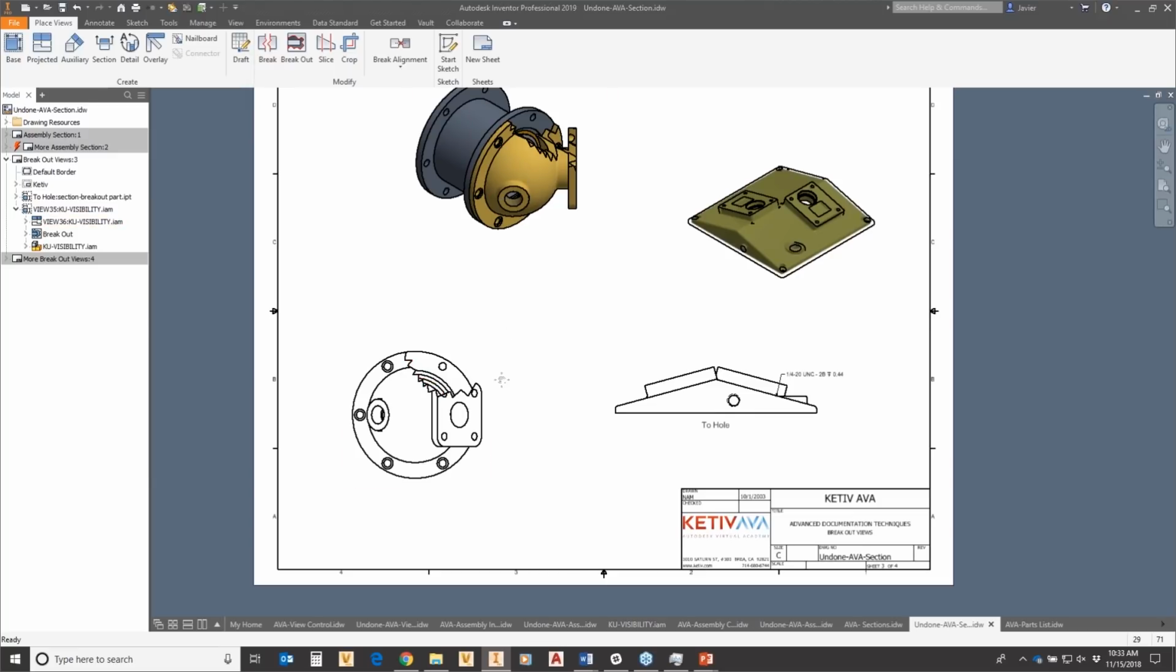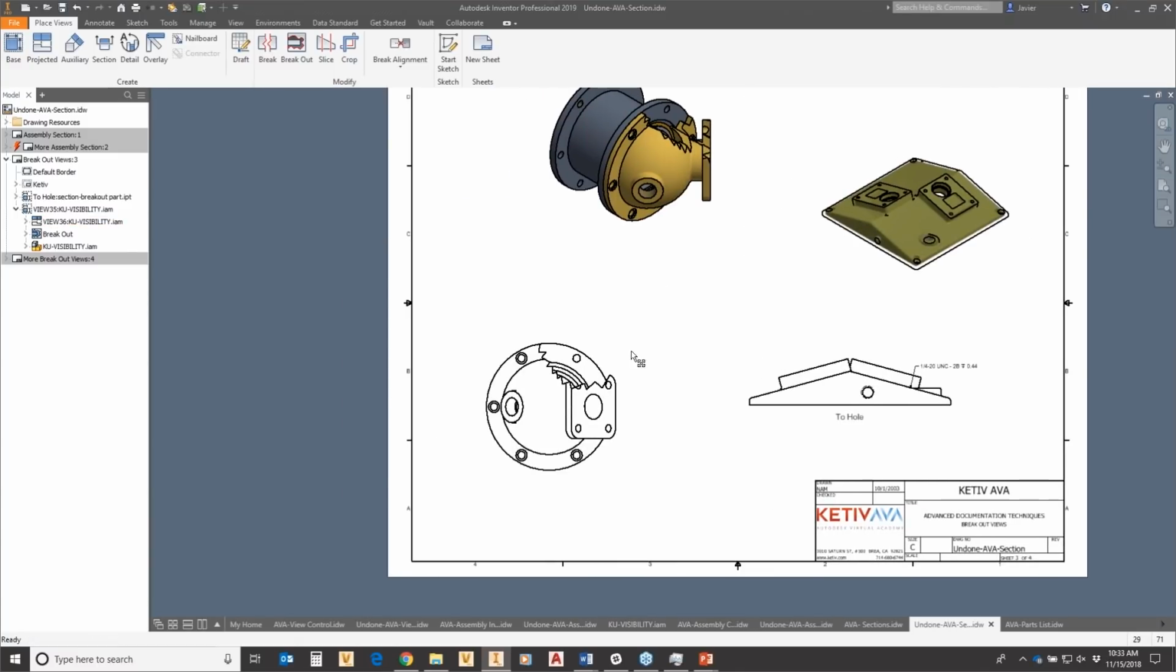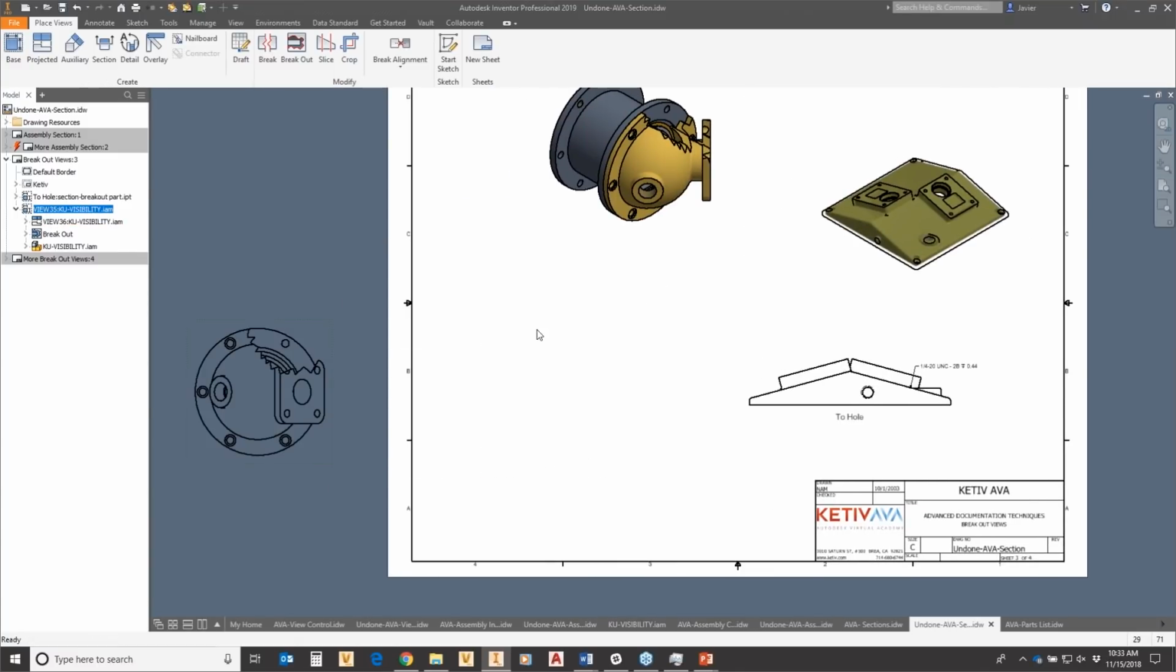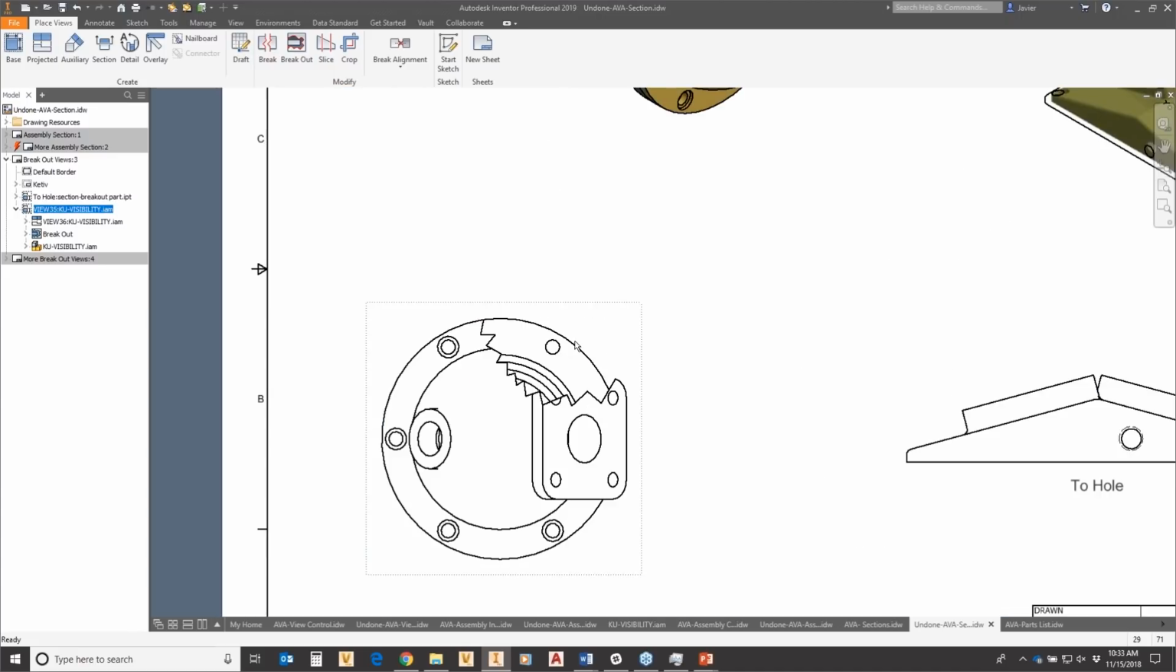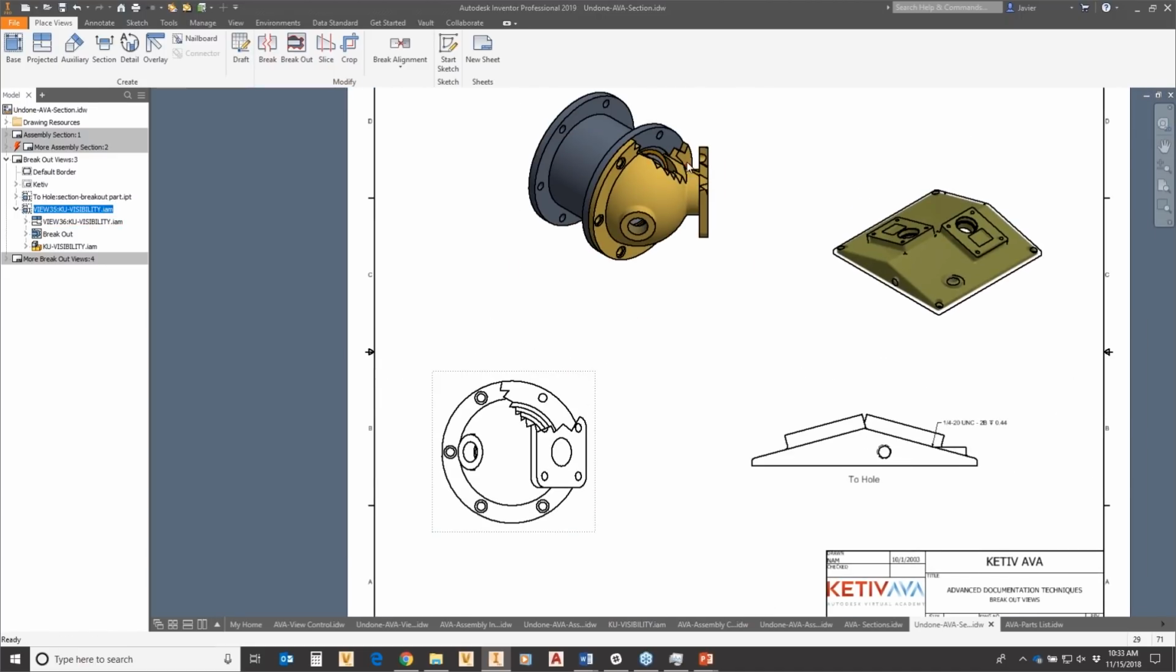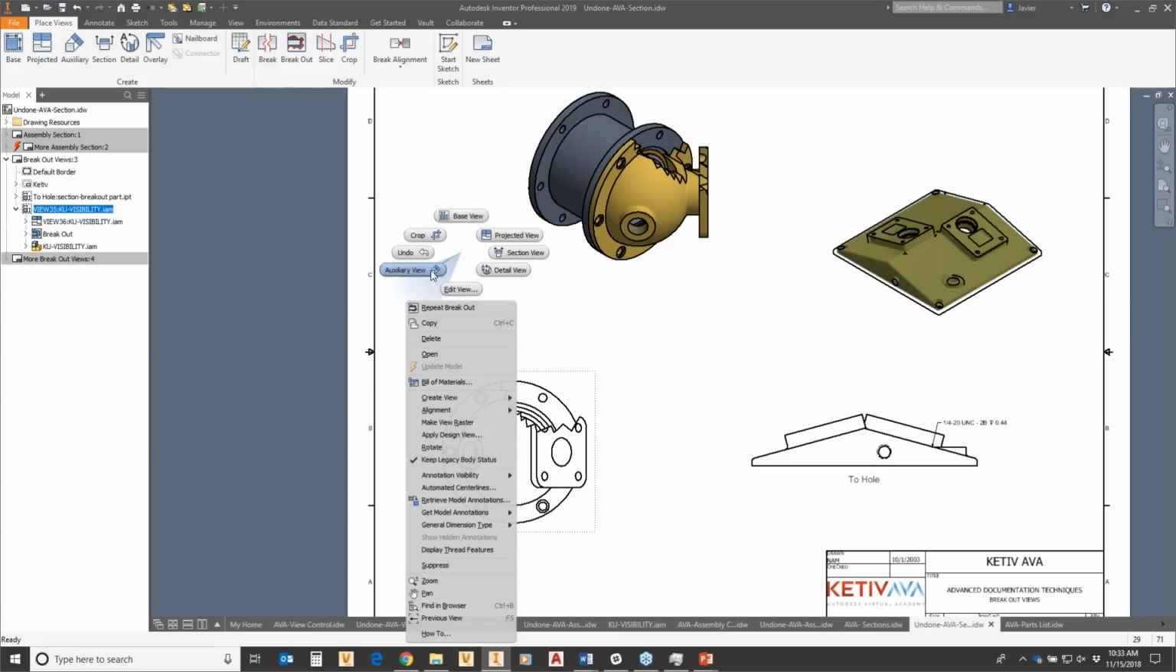And this is another case where sometimes you create views to create views. So you could move this off the screen if your intent was just to create a broken isometric view and not have this. I don't necessarily like the way it turned out. I don't see enough of the internals here, so I'm going to edit this and make this break a little bit bigger. So the way I do that, on the view itself, I can right-click